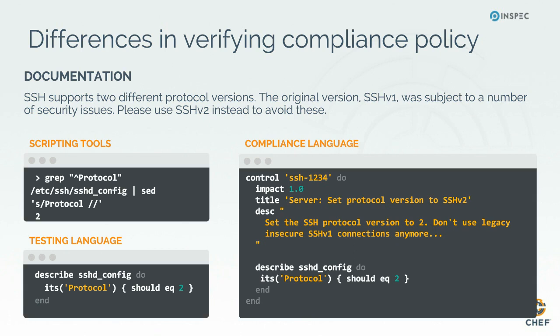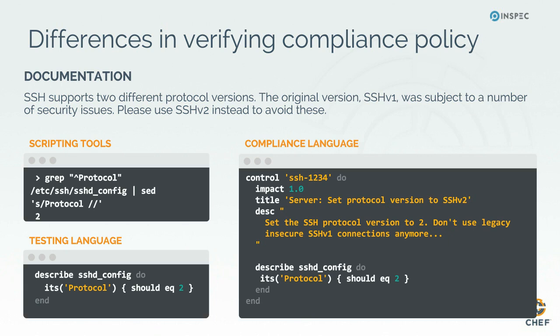And so one of the challenges with that is, okay, it's documentation. How do we go out and check our fleet? And I remember doing this myself back in the days where I would write a simple shell script, right? I would write a shell script, we can see in the top left box here, a scripting tool. So I would grep for the protocol in the SSHD config file, and I would check whether it's version 2. If it's not version 2, I would probably manually change that configuration file. And so a testing language allows us to take this cross-platform, because that grep command would only work on specific subsets of Linux.